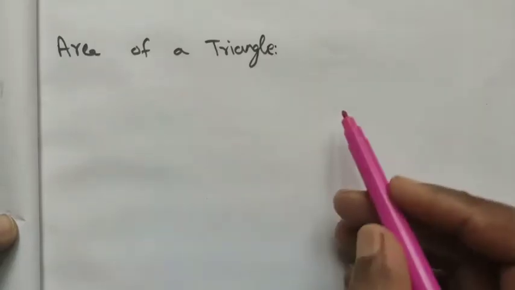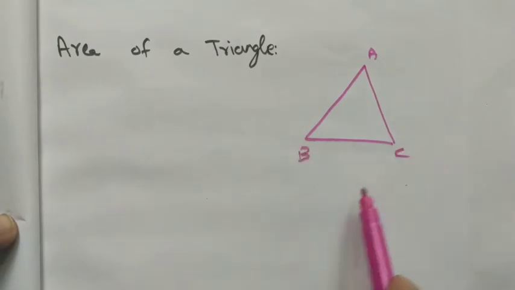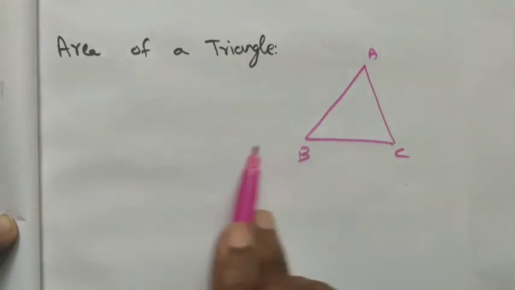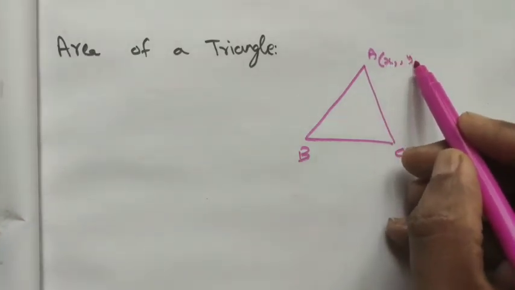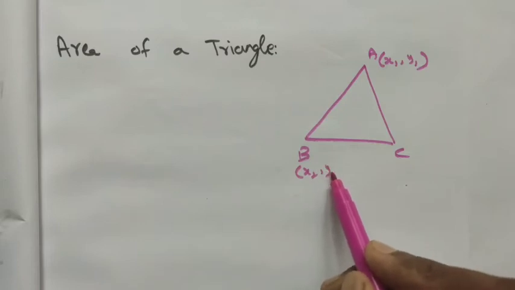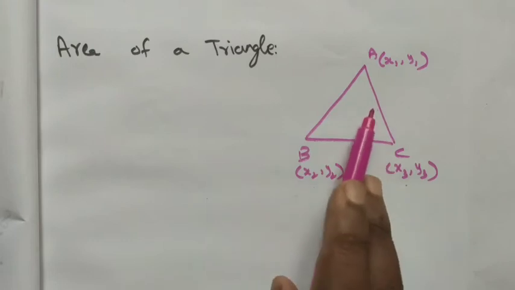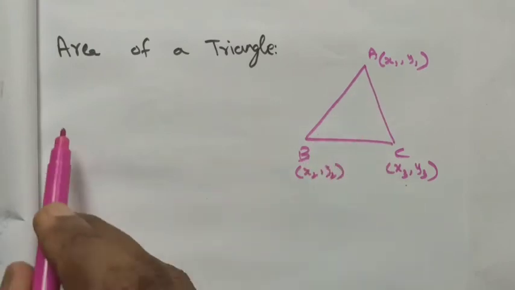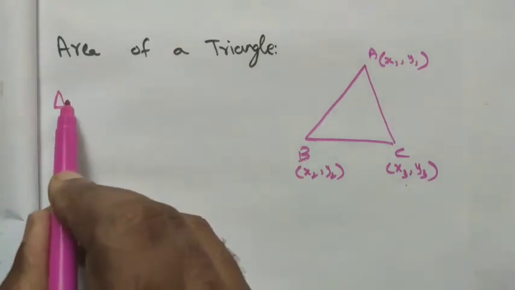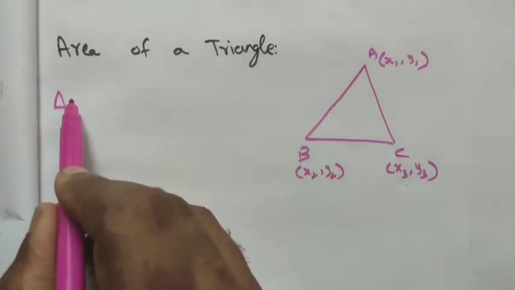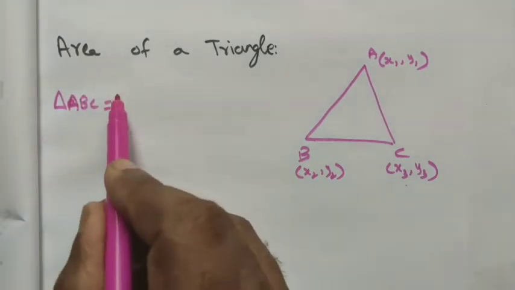Now see the area of the triangle. We want to find the area of this triangle ABC. If the base and height are given, we can find the area as half into base into height, right? But here the vertices are given: (x1, y1), (x2, y2) and (x3, y3). If the vertices are given and we want to find the area of this triangle, we have the formula: area of triangle ABC is equal to half into,